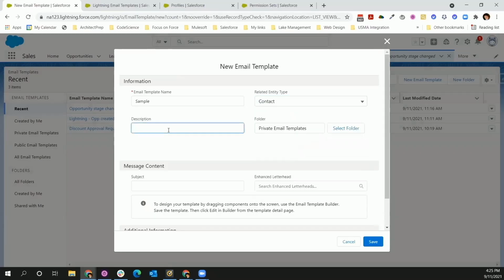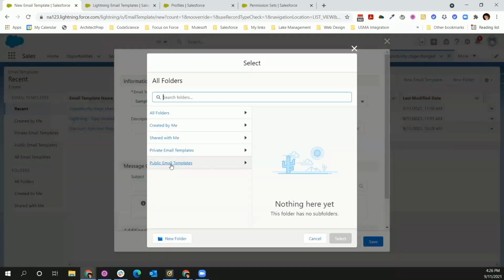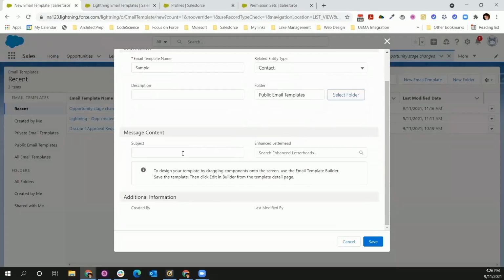We don't have to provide a description. Now, this is important. If this template is just for you, you want to put it in your private email templates folder. But if you're setting this up for your org to use, make sure you change this folder. Otherwise, our users won't be able to see it, and you won't be able to see it when you're setting up email actions. So we select the folder and we go to public email templates, and we can put the template there. And we always have to have a subject line, content sample,